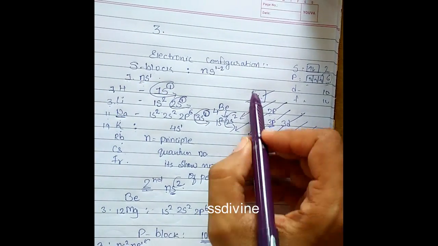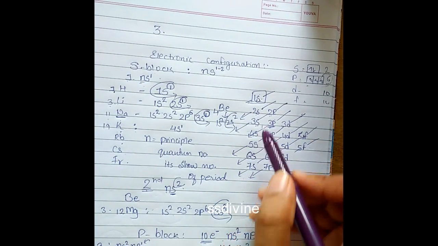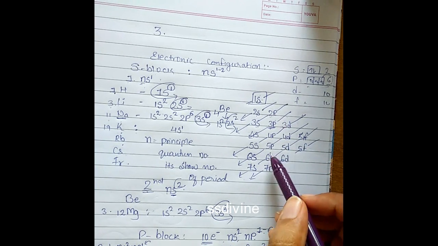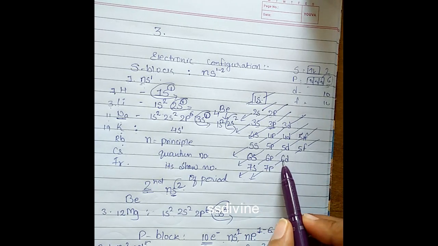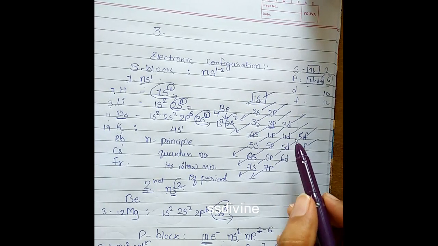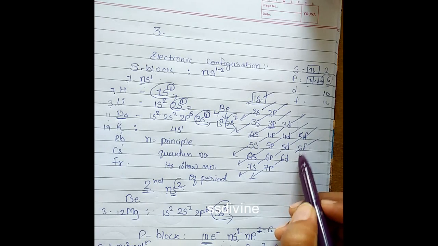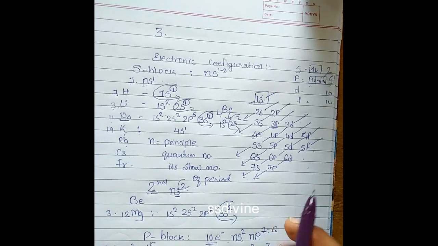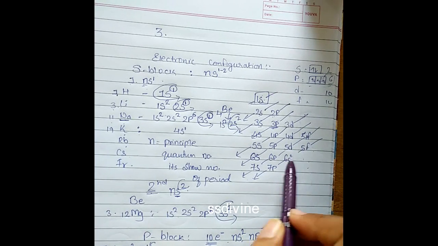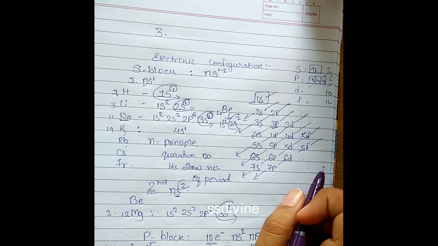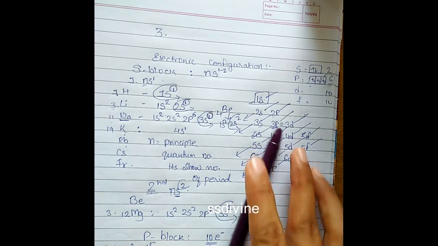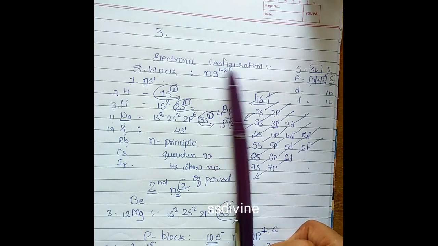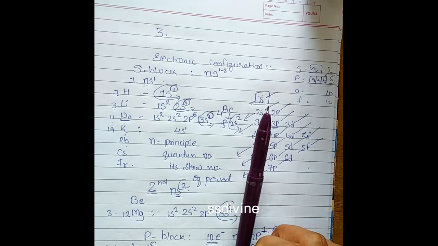It is very easy. We have a trick: write 1 to 7 for s, then 2 to 7 for p, then move 1 near to it, start from 3 to 6, reduce from the bottom, keep reducing from the top, then reduce one more from 3 to get 4, and reduce one from the bottom to get 5. So it is very easy. In the beginning you just need to go through this 3 to 4 times and later on you will learn it, right? So keep on watching, and if you find any kind of doubt you can comment and I will try to sort it out, right?